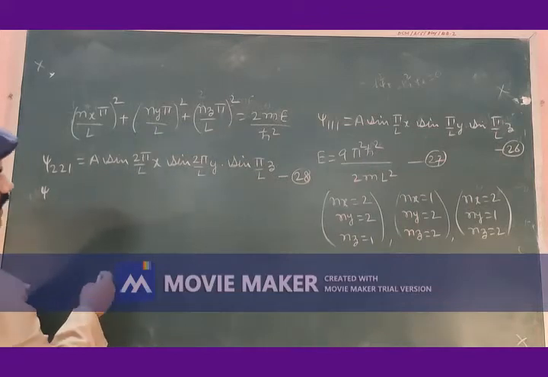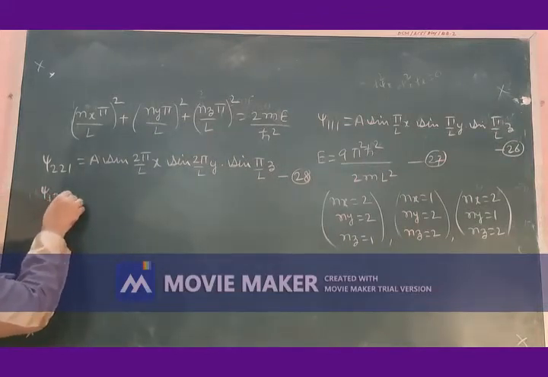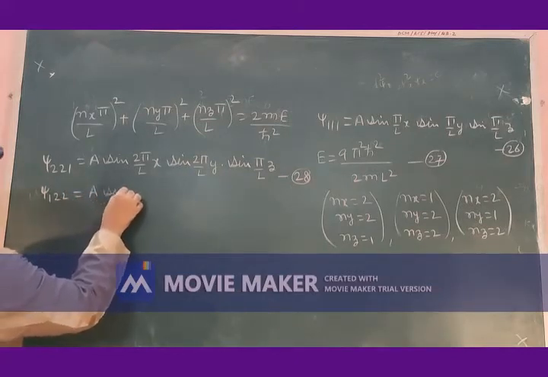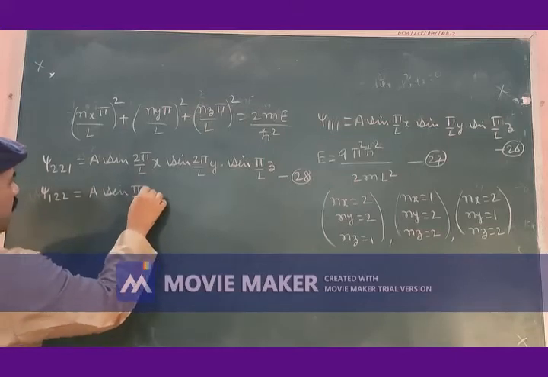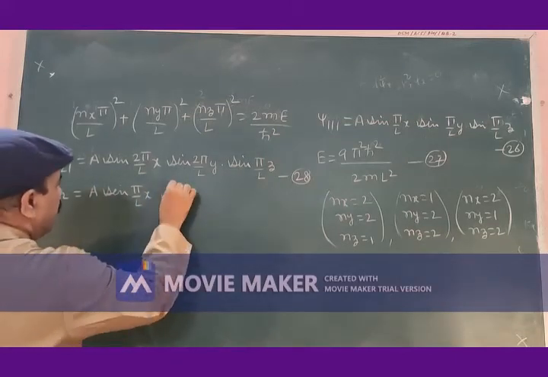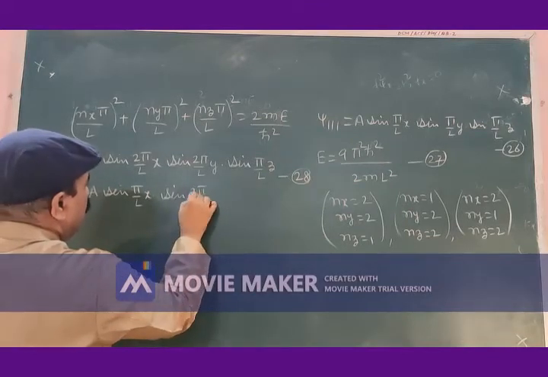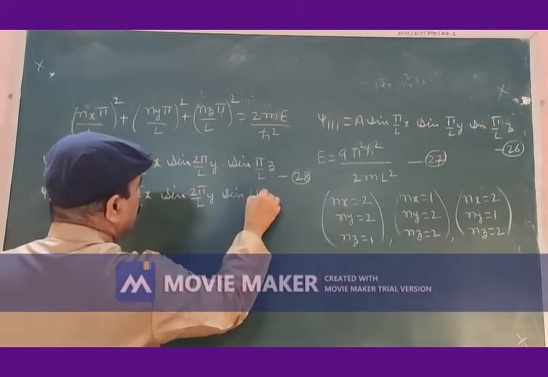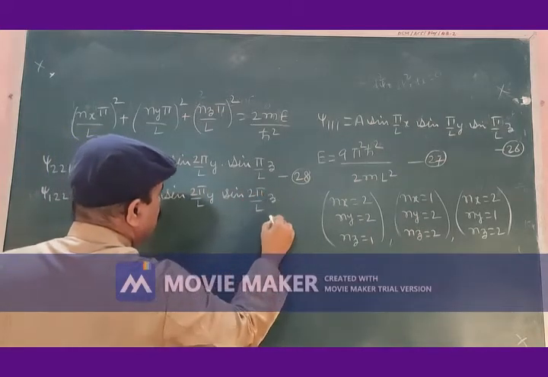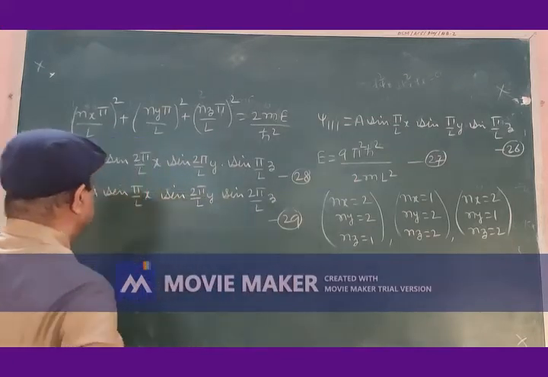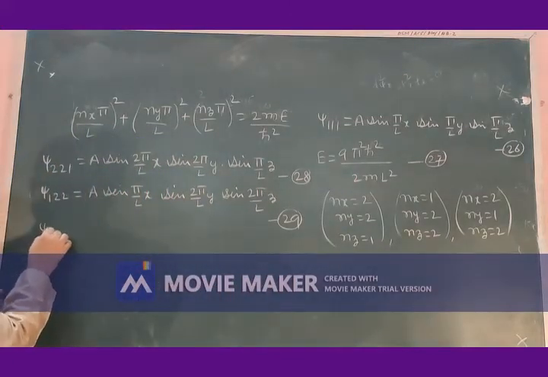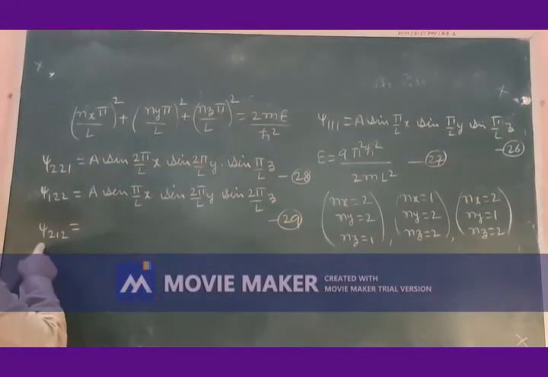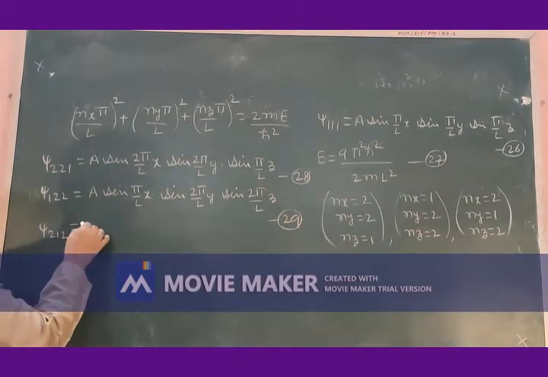The wave function corresponding to the second quantum state is psi 122, nx ny nz, that is A sine(pi by L into x) into sine(2 pi by L into y) into sine(2 pi by L into z). Equation number 29. And the wave function corresponding to the last quantum state is psi 212, nx ny nz, that is